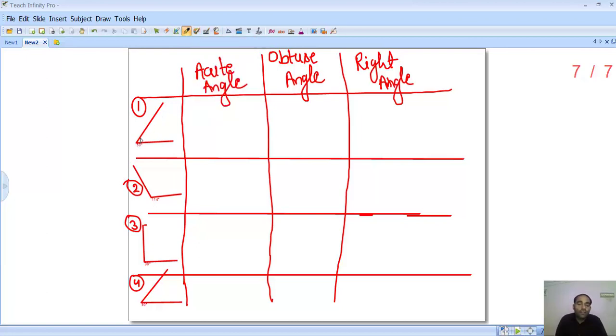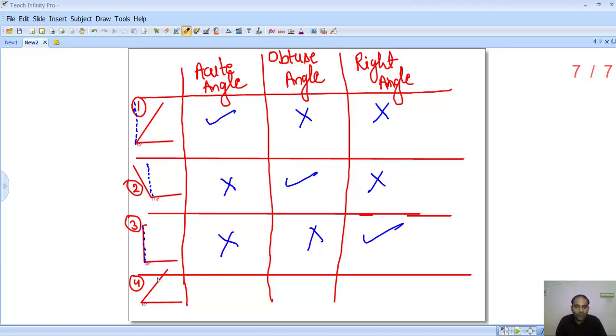The first angle, is it an acute angle, obtuse angle, or right angle? Let's make a reference of 90 degrees. This is 90 degrees, and this is less than 90 degrees, so no need to think more than that. Less than 90 degrees means an acute angle, not obtuse, not right angle. For this one, let me make a reference of 90 degrees. Now it is going further than 90 degrees, so it is an obtuse angle. This one is exactly a 90 degree angle, so it is a right angle. Not acute, not obtuse, a right angle.